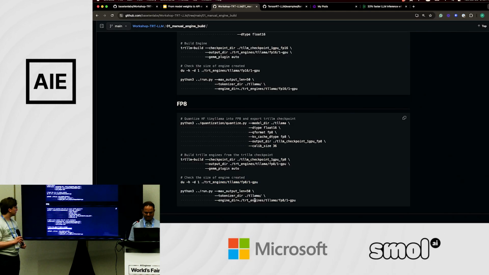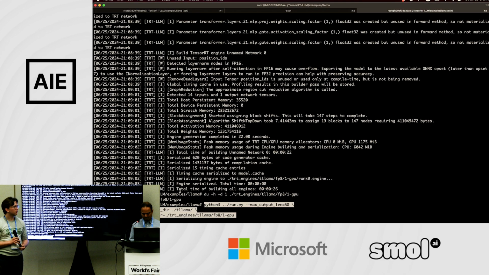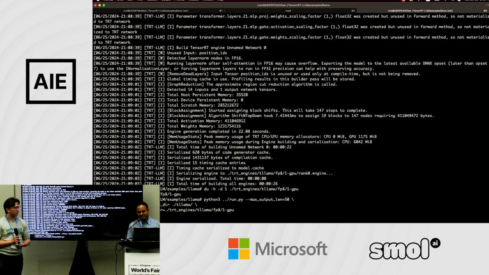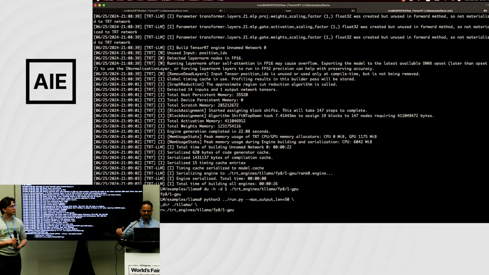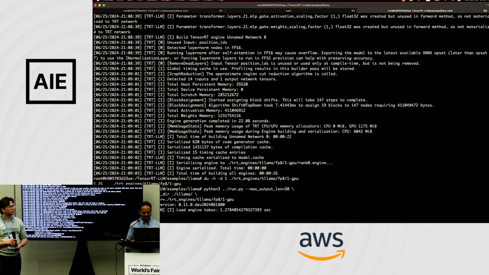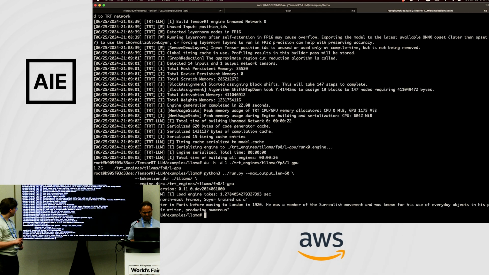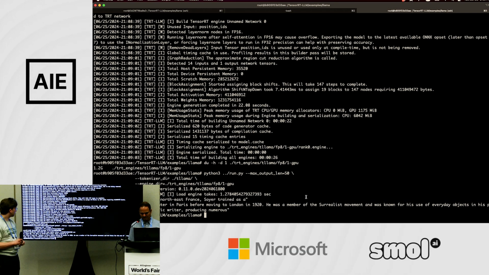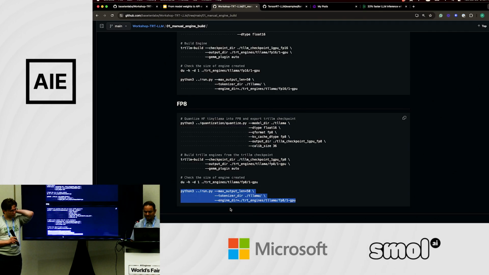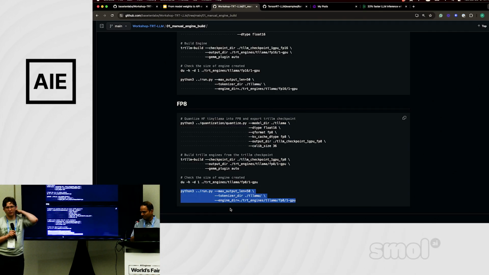And now let's run this engine and see the output, and it should be pretty similar to what we saw before. So using this run script, now it's going to load the engine, and then we'll do an inference on top. That should be pretty quick. So here's the output, the same input as before, and about the same output as before. And that's what we generally observe with FP8. FP8 quality is really, really good. It's very, very hard to tell the difference. That's it for this part of the workshop.